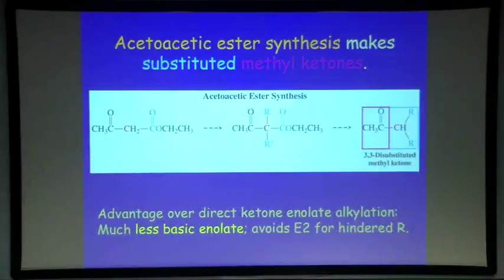And imprint into your brain the picture here of a substituted acetone, where we have substituents on one carbon. Notice that the beauty is not only that we can introduce all kinds of alkyl groups without fear of elimination, but also that it's the same carbon on the acetone. If you were to try to do this with acetone, all hell would break loose, right? Because with acetone, you make the enolate, you introduce one alkyl group, and then the second alkyl group can go into either side. So you can either give dialkylation on one carbon, or it starts going to the other carbon. So this way, you control where the carbon is, because this is clearly the more acidic carbon that's being alkylated.